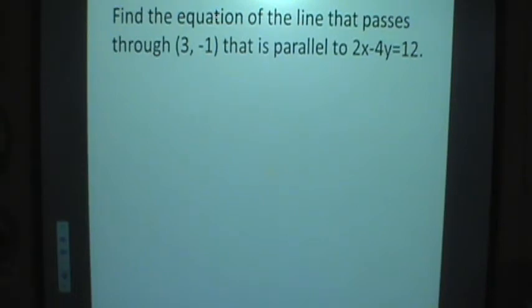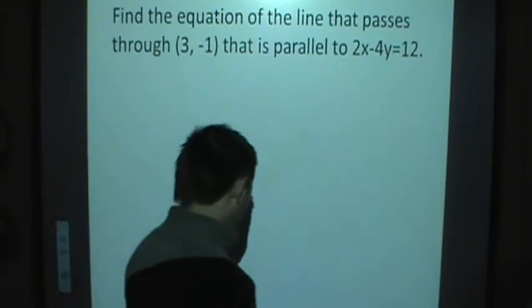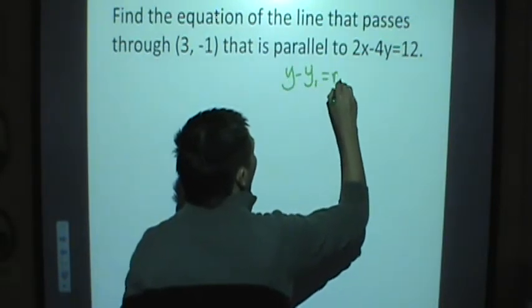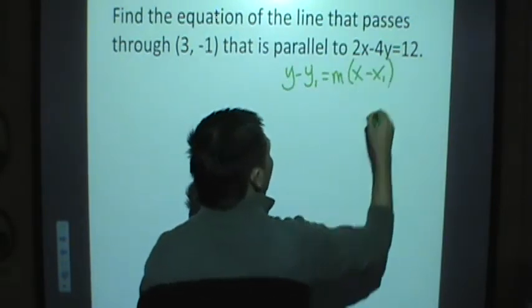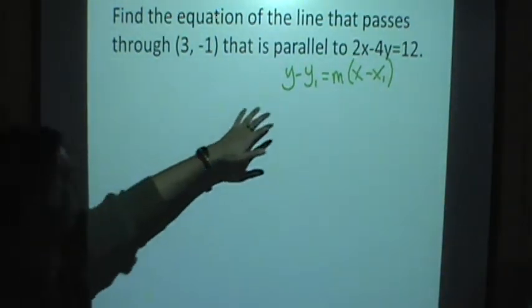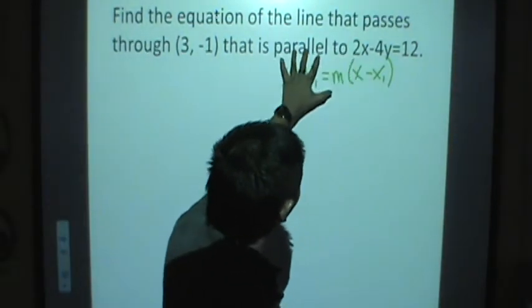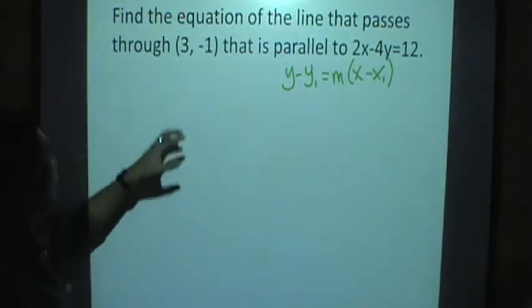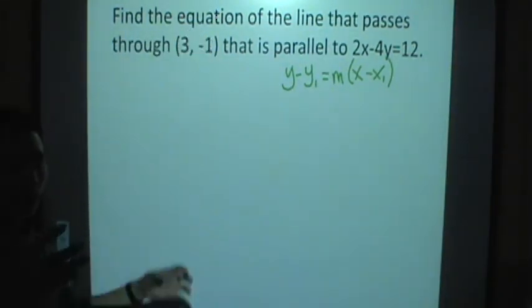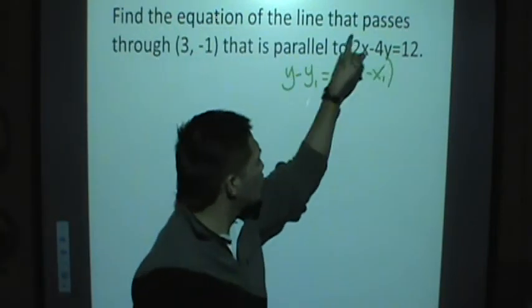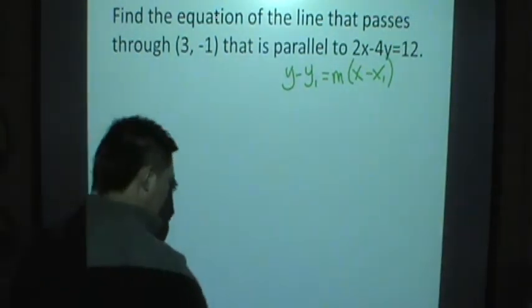Now, first, we are solving for the equation. If you're solving for the equation, make sure you know the formula to use. Okay? Now, here is the formula. First, we need to find the slope. You cannot find the slope having only 1 point. If you have 2 points, you can easily find the slope. This time you have 1 point, but you have the equation, so I can go ahead and solve for